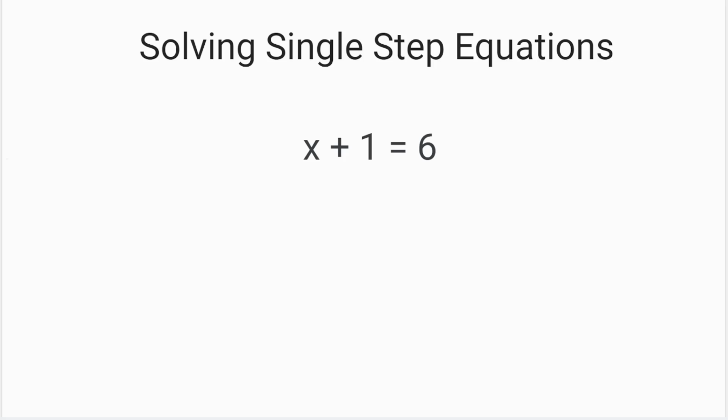Now, the easiest way I think of learning this is by seeing it happen and then trying it yourself. So our first problem we have here is x plus 1 is equal to 6. Now our operation, our single step involves this plus 1 here. And we need to move it to the other side in order to get our variable, in this case x, by itself. And to do that, all we have to do is look at the operation, which is a plus,